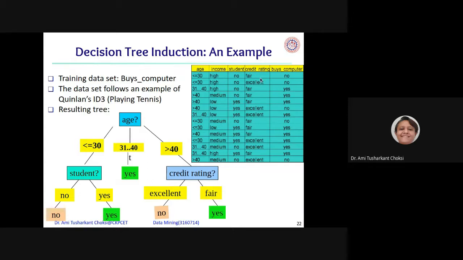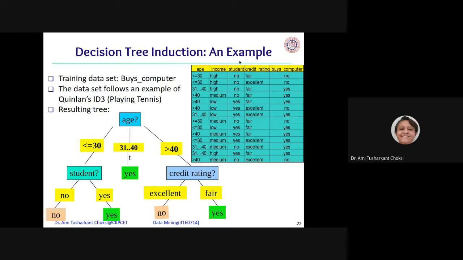Then we are having credit rating. For a particular person, what is the credit rating of that person? It can be fair, it can be excellent. Two things are given, whether that person will buy computer or not, for that yes and no is there. And that is our class attribute, or what we want to predict.